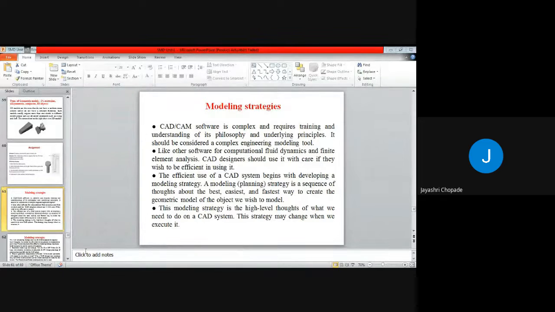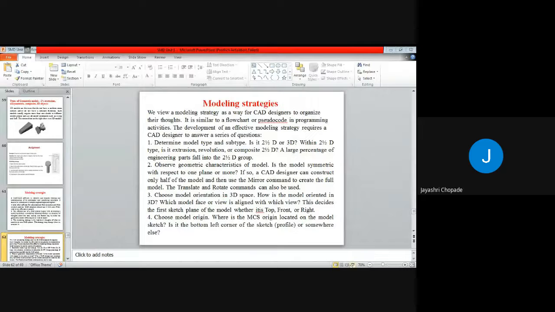Next, modeling strategies are similar to a flowchart or pseudocode in programming activities. The development of an effective modeling strategy requires a CAD designer to answer a series of questions. So what are those answers? Determine the model type and subtype. What type of model is that?